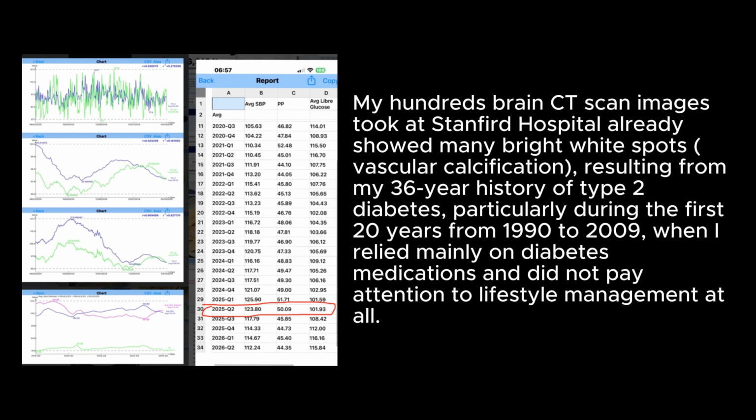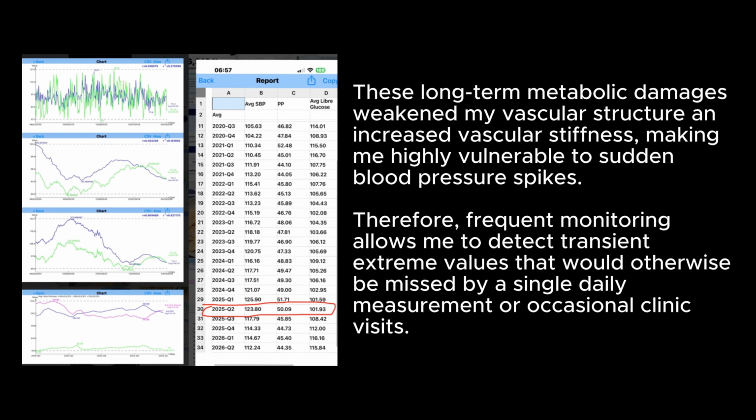My hundreds of brain CT scan images taken at Stanford Hospital already showed many bright white spots, vascular calcification, resulting from my 36-year history of type 2 diabetes, particularly during the first 20 years from 1990 to 2009, when I relied mainly on diabetes medications and did not pay attention to lifestyle management at all. These long-term metabolic damages weakened my vascular structure and increased vascular stiffness, making me highly vulnerable to sudden blood pressure spikes. Therefore, frequent monitoring allows me to detect transient extreme values that would otherwise be missed by a single daily measurement